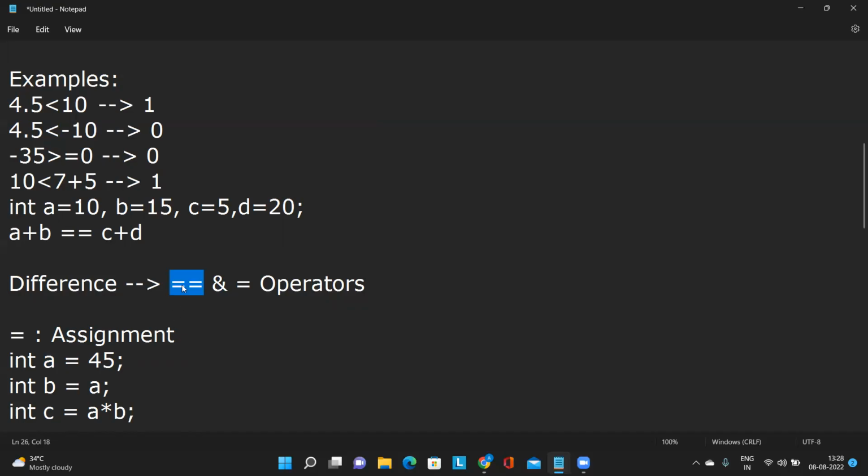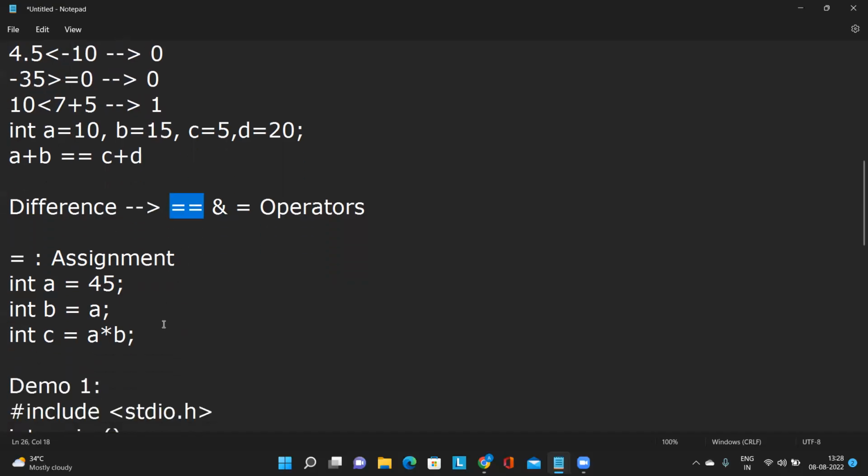But when I look into the double equal to, the double equal to is my comparison operator. This operator does the work of comparison. That is, it is going to check whether both the values are same or not. If both the values are same, it is going to give me the result as true. Otherwise, it is going to say false. Say for example,